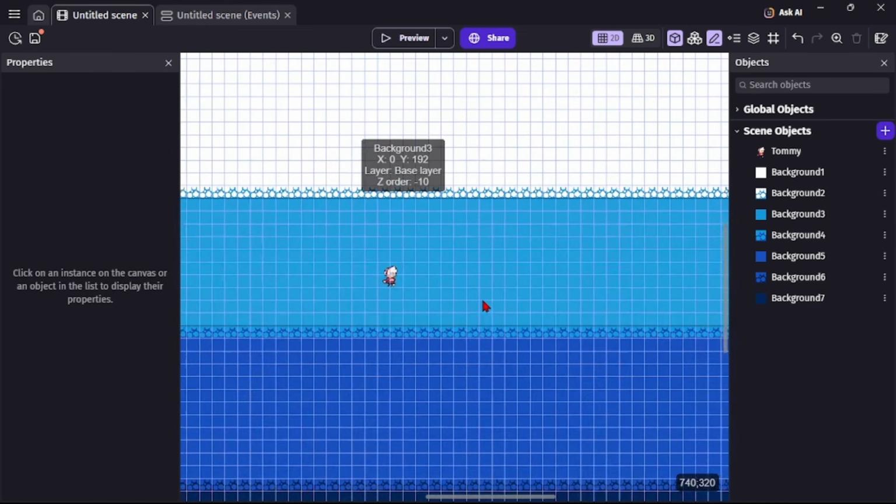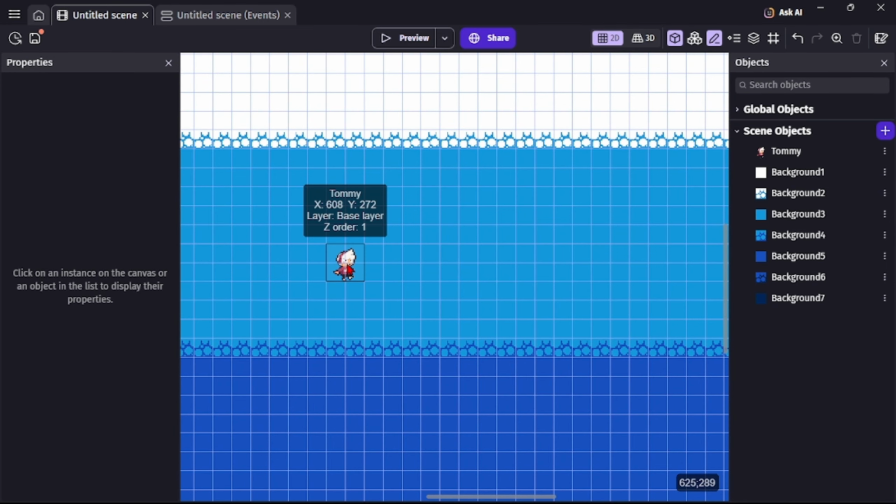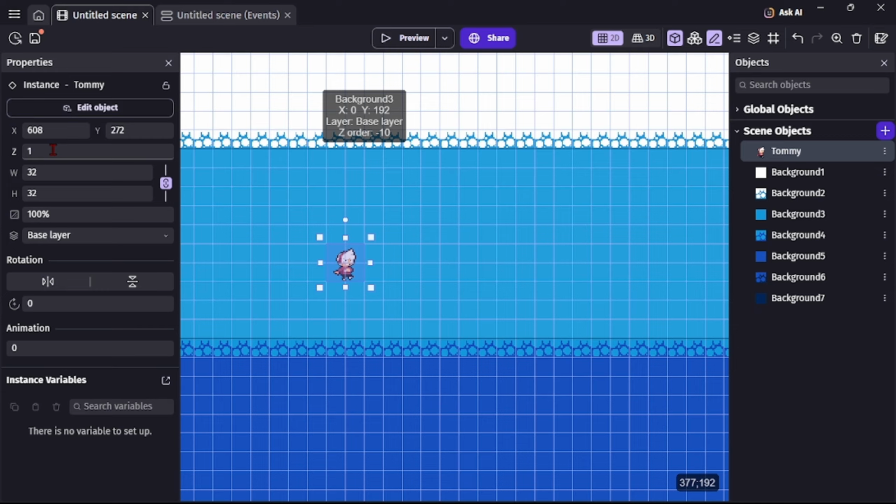Okay, so now you can see our character is visible. He has a z value of 1, which is greater than -10. And for that reason, he is now in front of the background rather than behind. So it's now visible. Yeah, so that is that about that. So the next thing we are going to be doing now is,